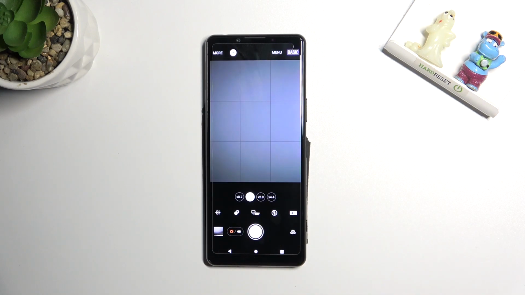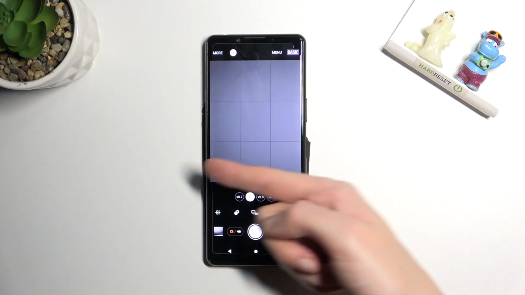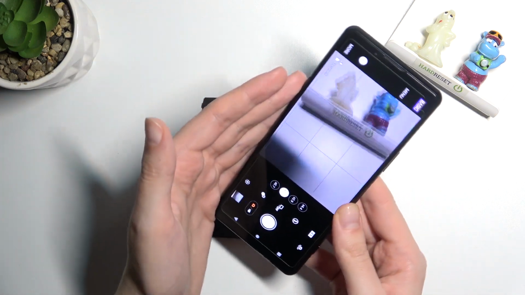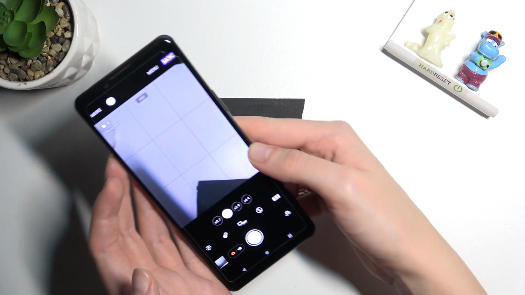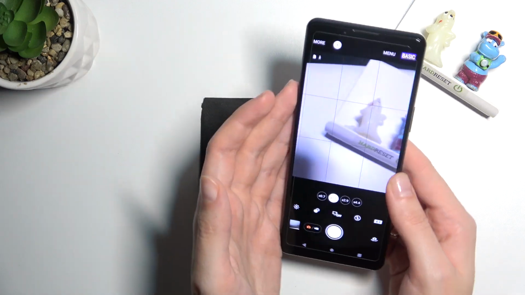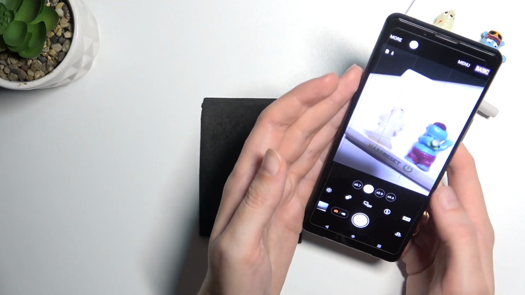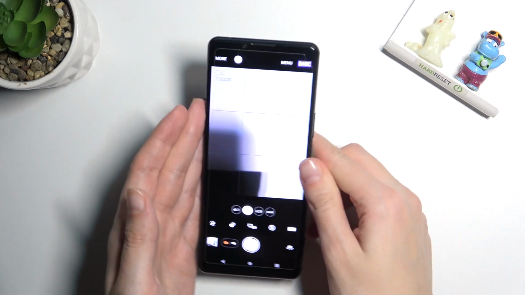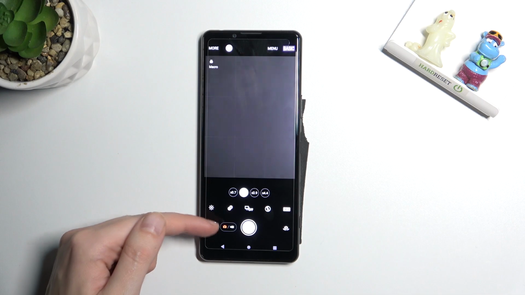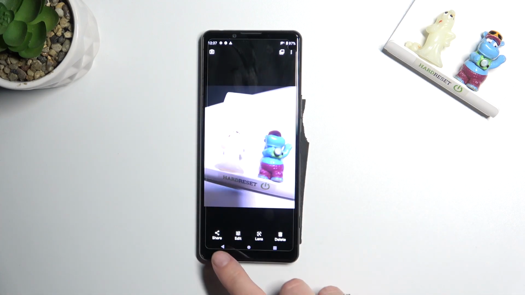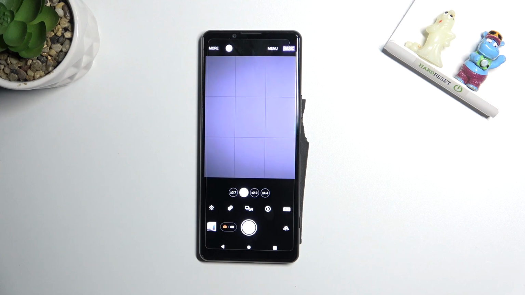When we move back to camera preview we get access to these lines here. They are useful, for example, when we want to use the rule of thirds in photography or making experiments with composition at our picture. And of course remember that they are not visible at the real photo. So when I take a picture and when I move to the left side to the small button that follows us straight to the gallery, we can't see the grid lines, so they are only to help us taking better